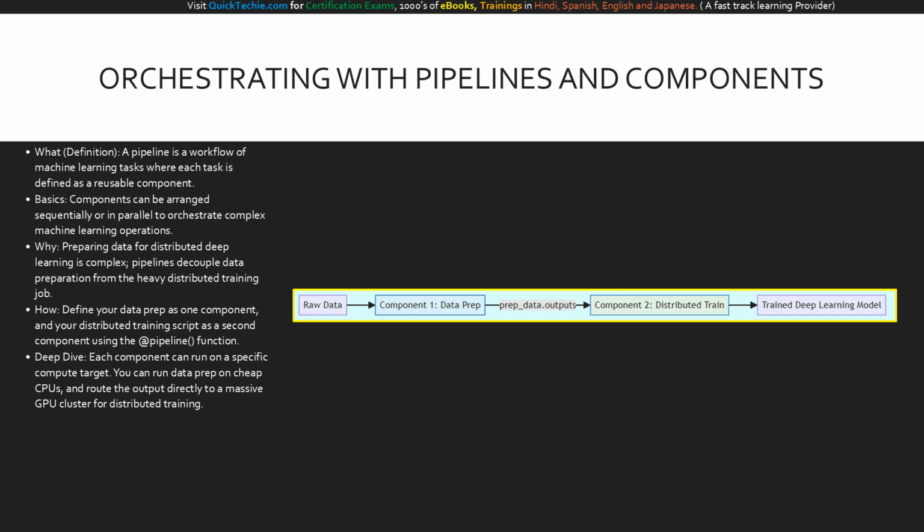Let us trace the execution of a pipeline. We begin with raw data entering component 1, which handles data prep. This component is likely running on a standard CPU cluster to save costs. Once complete, notice the transition arrow. The pipeline automatically routes the prep data outputs directly into the input of component 2. Component 2 is our heavy-duty distributed train component, running across our GPU cluster. Finally, component 2 outputs the fully trained deep learning model. This pipeline acts as an automated orchestrator, ensuring that massive distributed jobs run seamlessly from raw data to finished model